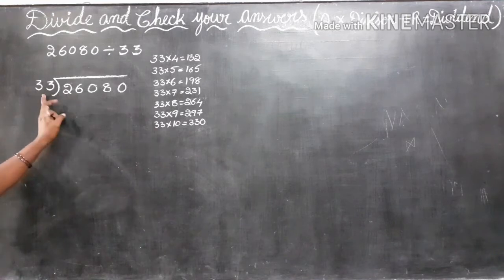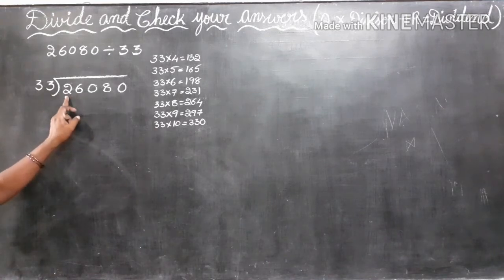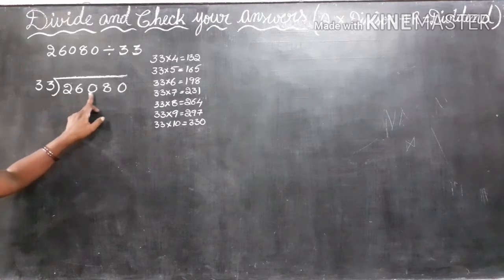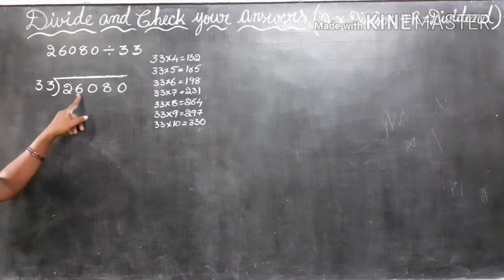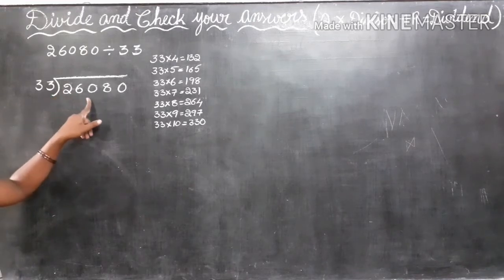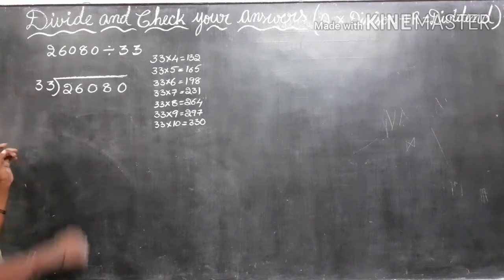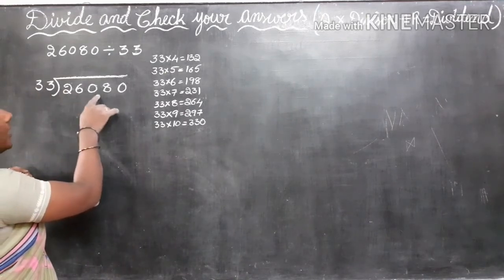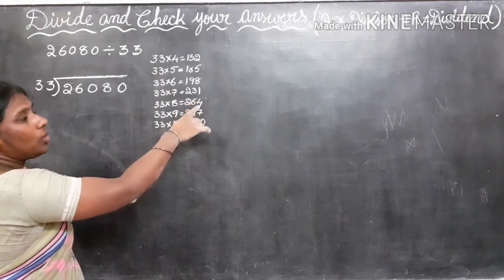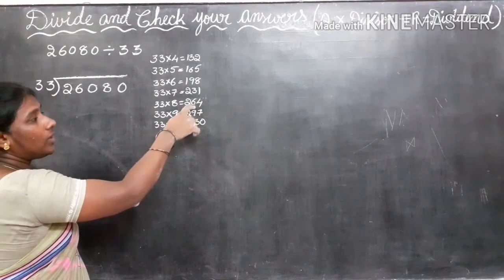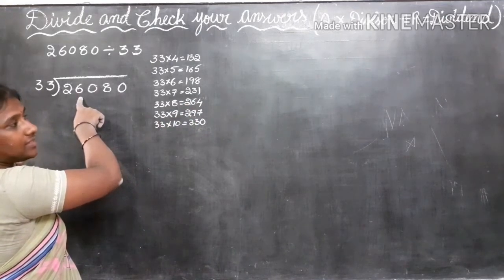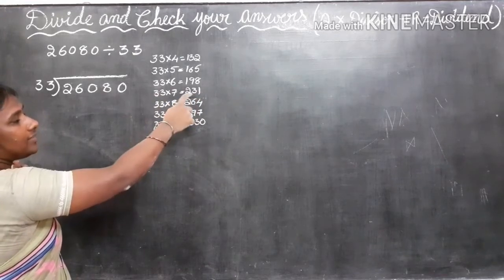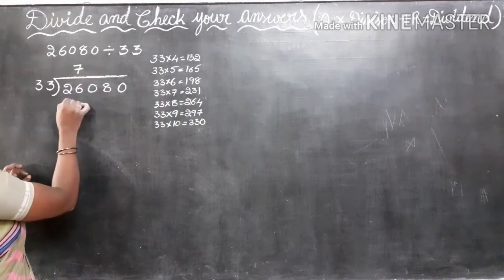33, how much is possible? Here 2, we can't take. So we have to take 3 digits at a time. Why? If you take 2, it is less than 33. If you take 26, it is also less than 33. So we have to take 260. This 260 is more than 33. Where will it be here? 264. But this one we can't take. Why? This 264 is more than 260. So before that, what is 33 sevens? So we have to take 33 sevens,